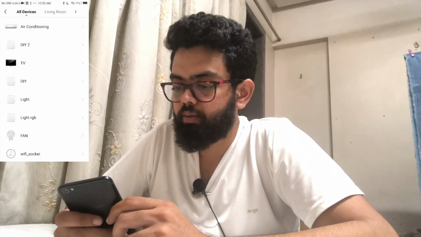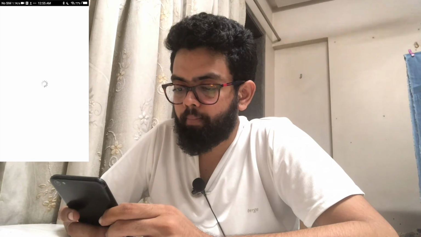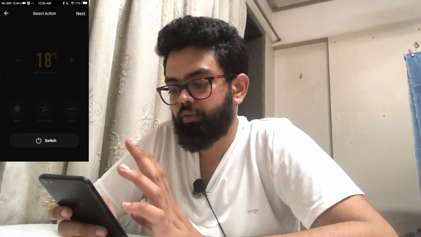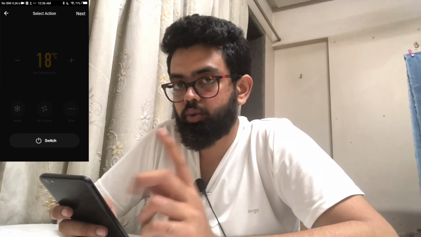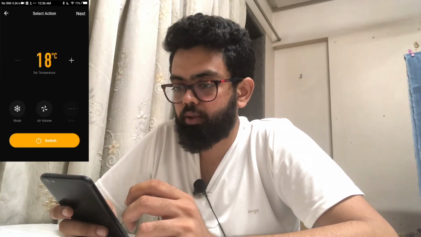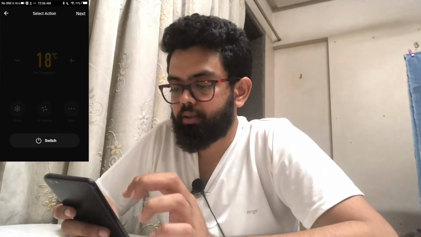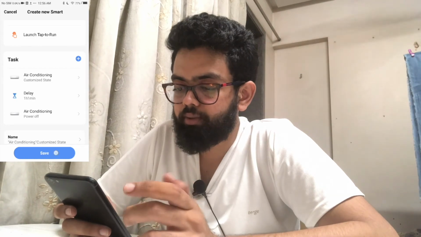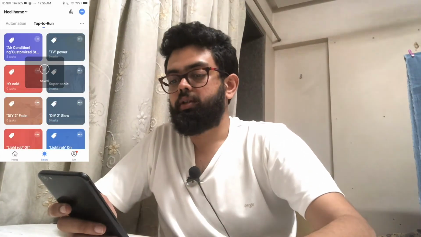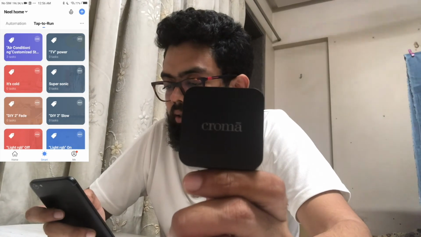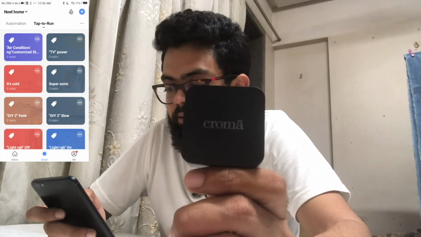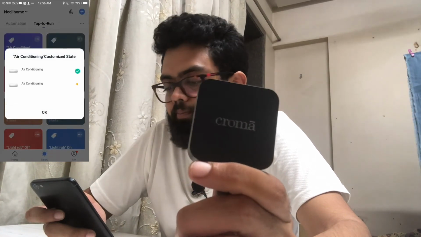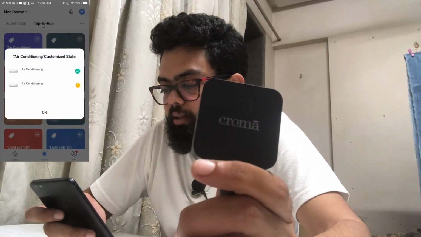I'll click on run this device, air condition. Now it's showing me that my air condition is off. So I click on the switch 2 times, 1 and 2, and I'll click on next. As you can see, it's written air condition off. So I'll save this condition. Now when I click on the air condition customize, you can see it sent a signal.